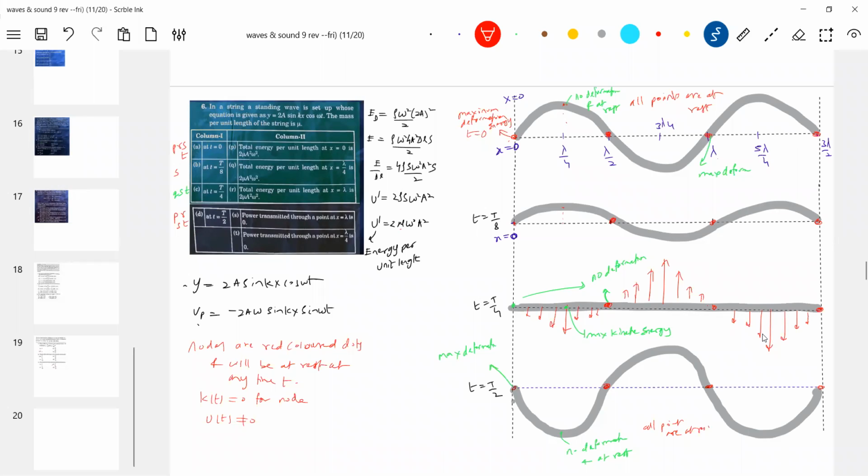Matchings you have to be very careful. Definitely conceptual analysis is something very essential. So that is not just by mere looking. We must have a supporting background. What is the meaning of this? First, total energy per unit length. Then you must know velocity of this particular diagram. It is oscillating, executing SHM. These backgrounds are needed. Then you can analyze it. Standing waves, really best questions will be available for you.